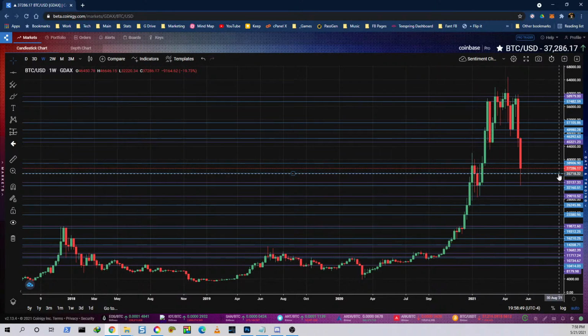But I know I see weakness right here. This is where we're going to bounce at. This is where the sentiment is at. This is where the new floor is. So we're in there now, just filling out these gaps because it just ran up and never touched back down here.